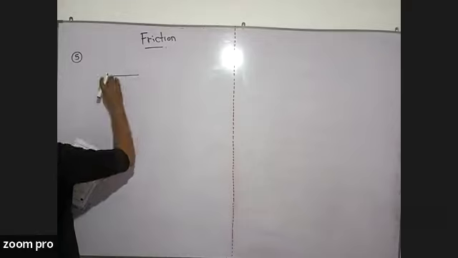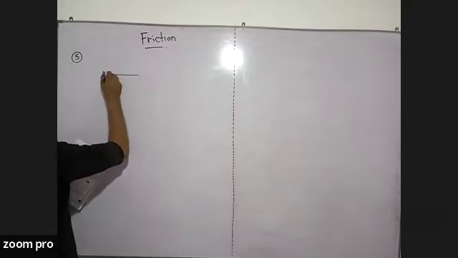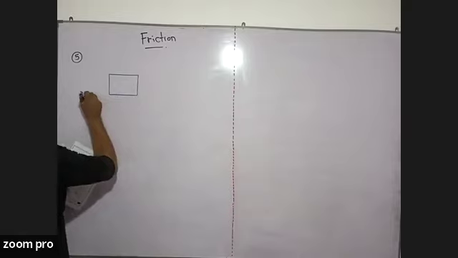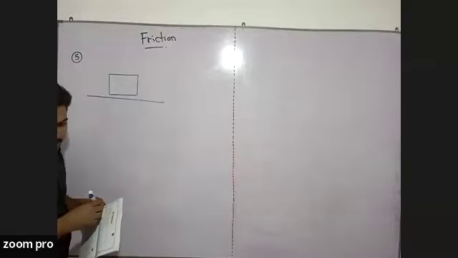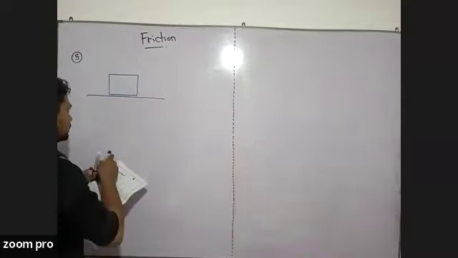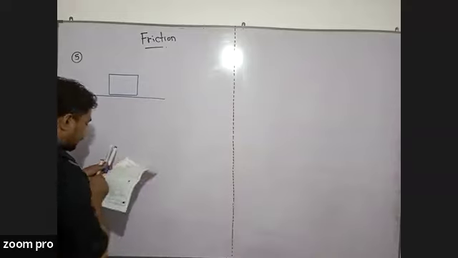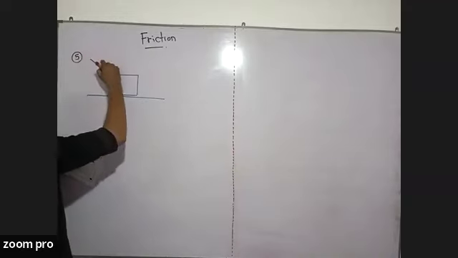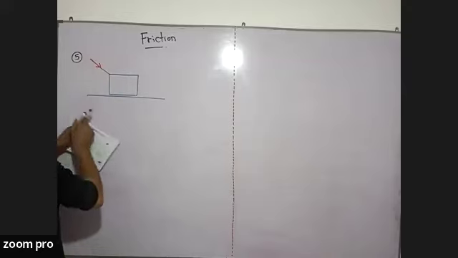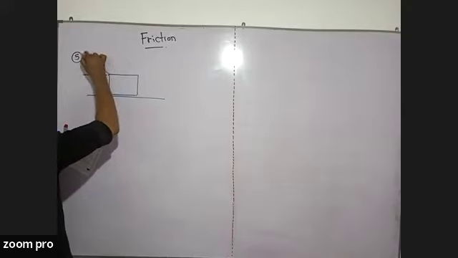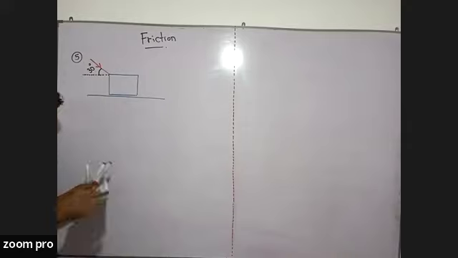Right. Now here, initially, this block is kept on a smooth surface, not on a rough surface, right? That means there's no frictional force applied on this object. Then this force is 60 Newton with the inclination with the horizontal, let's assume that's 30. The angle is 30, right? So now,